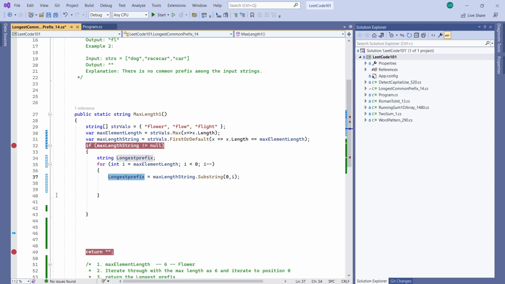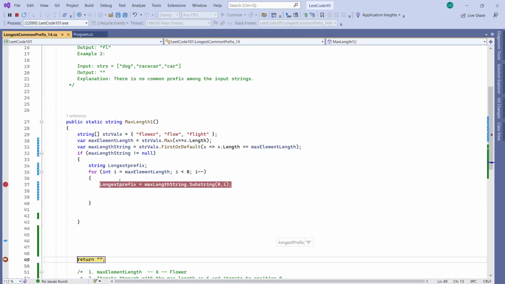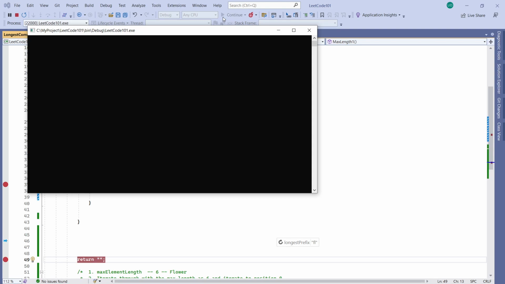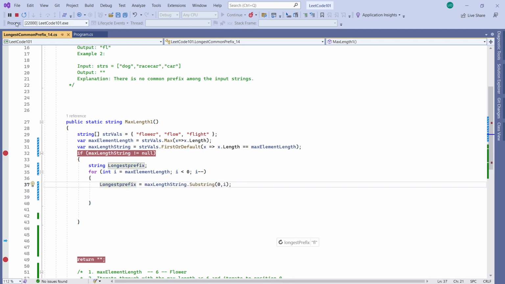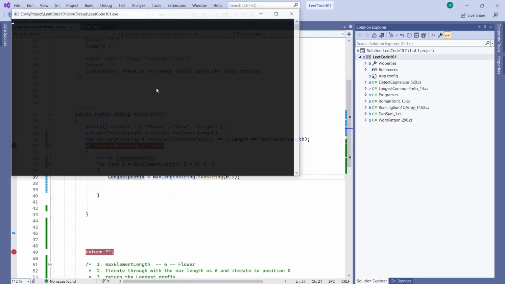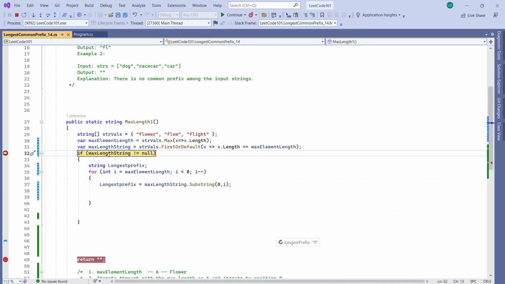So our longest, for now, let's just put a breakpoint here. Let's debug it step by step, so that we understand what we are doing. What happened here? Okay, here you go. Let's just put a breakpoint here. Okay, so flower is not equals to null, it comes inside, right? So the first time i minus minus, i is